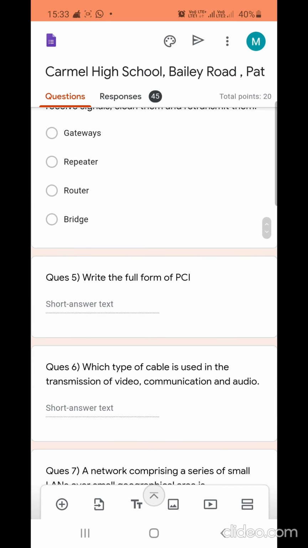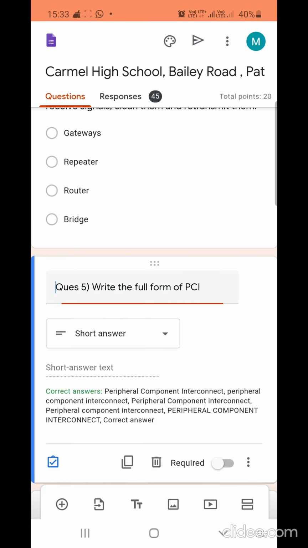But for the question like write the full form of PCI, there was no problem, but still one of the girls has given extra space between the words.